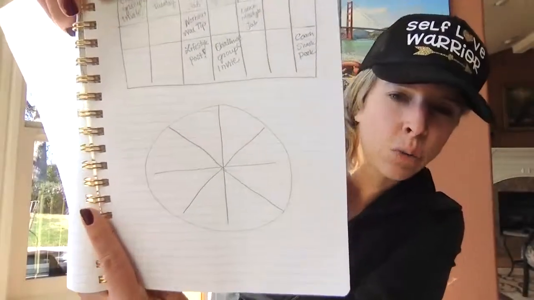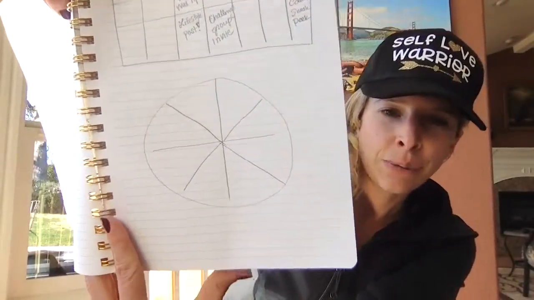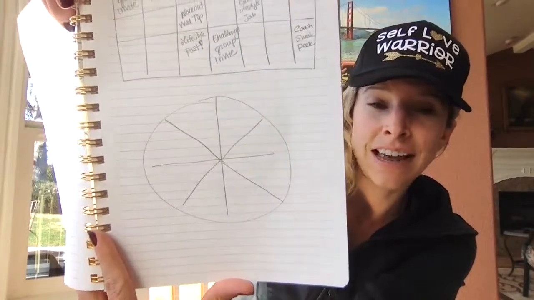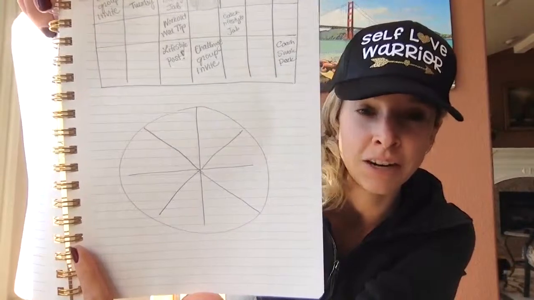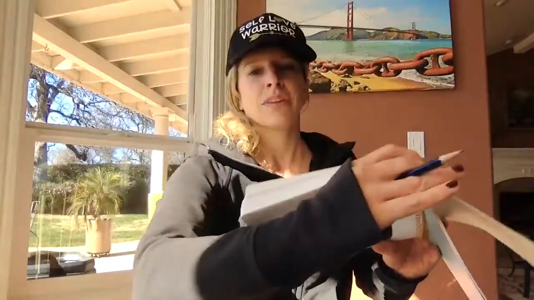So if you haven't yet, we've created as a team in a few team calls what we call our color wheels. And they look like this, right? And in each wedge of your color wheel, you're to write down a different attribute about you or something about your life that makes you different than the other 400,000 Beachbody coaches, right? So things that aren't Beachbody related. So for me, it would be dog mom,